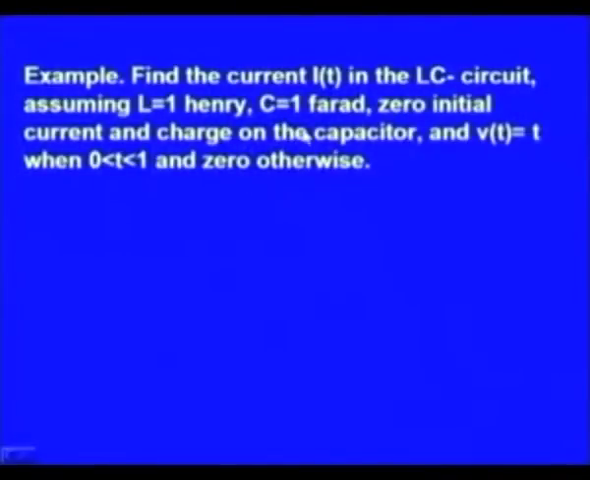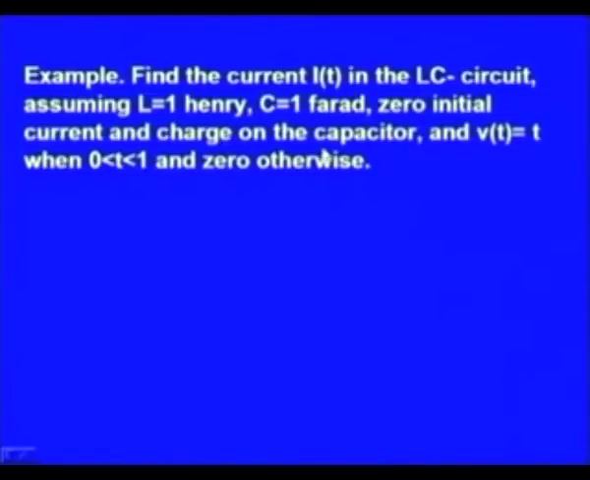So, let us begin with a problem on an electrical circuit. Let us find the current i(t) in the LC circuit. Here we are considering only an LC circuit. R is not there, that is, resistance is not there. We are assuming L to be 1 Henry, C to be 1 farad, and with initial current 0